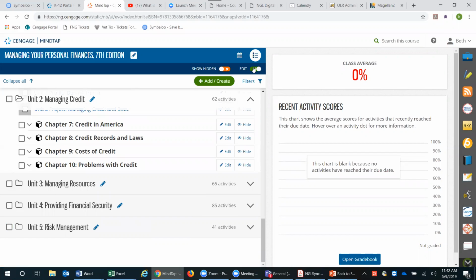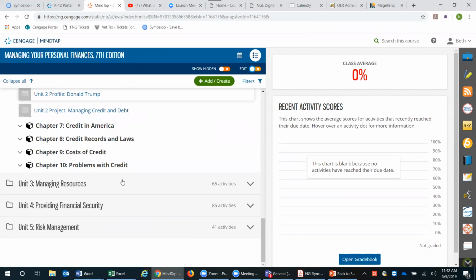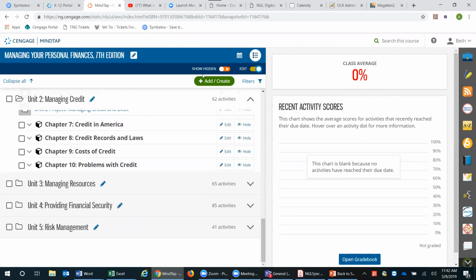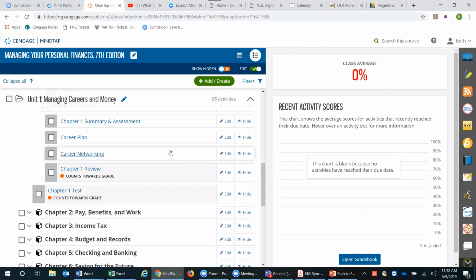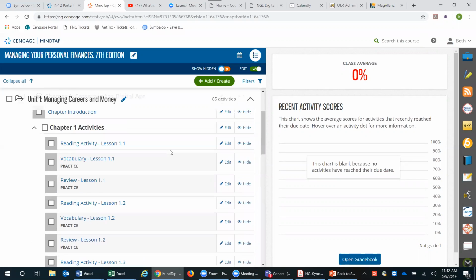And so once I click on the unedit, once I click on show hidden, I can see this little eye that's been crossed out, which means I've hidden all of those things. And so this is now what your students are going to see. They won't see, they don't have a show hidden button, and so they won't even see that chapter or that unit available to them. Another thing you can do with the batch actions,